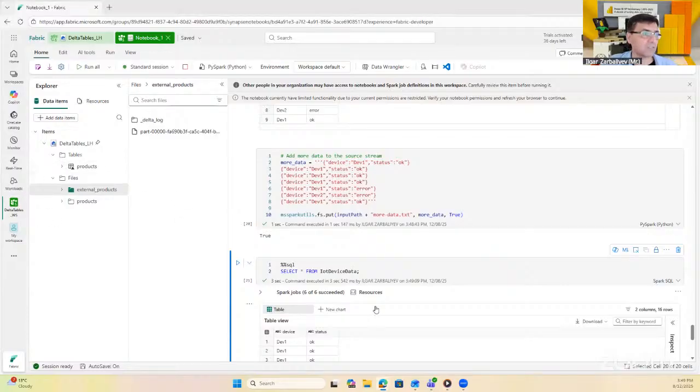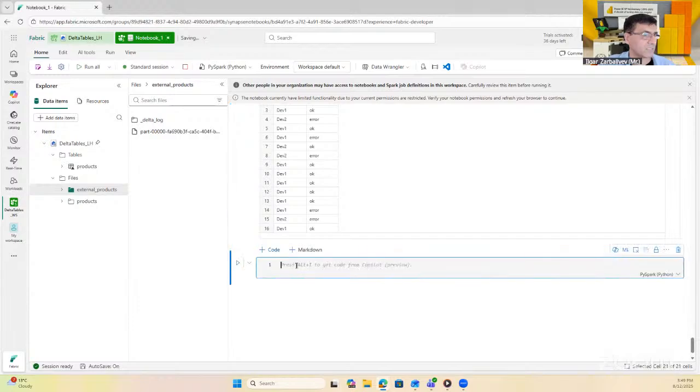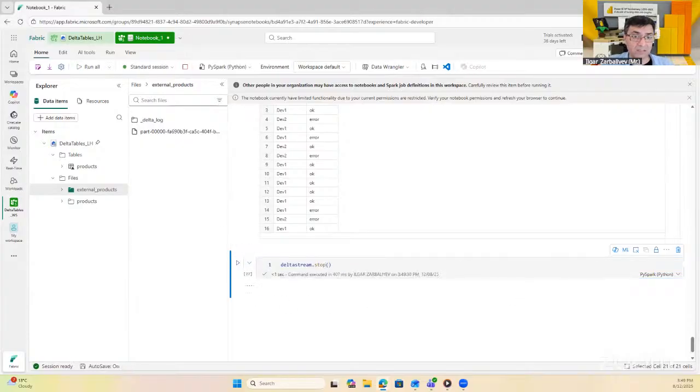Our last code is going to be like this. Control V, delta stream dot stop, and say run, and it's going to stop the streaming, right? It takes a little bit more time. Roughly, as we faced a challenge, we spent roughly 7 or 8 minutes solving this issue. And just to summarize, we can say that in this exercise lab, we have learned how to work with